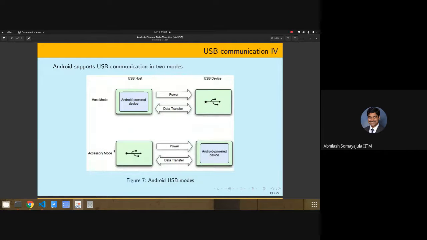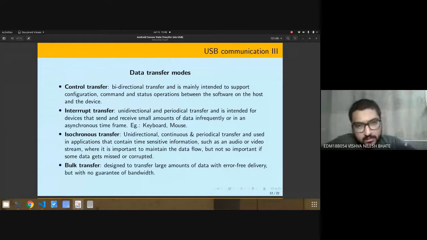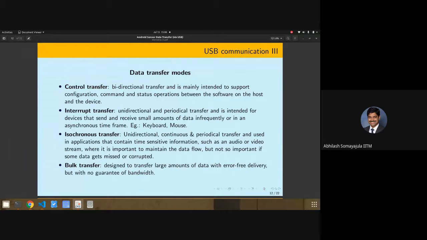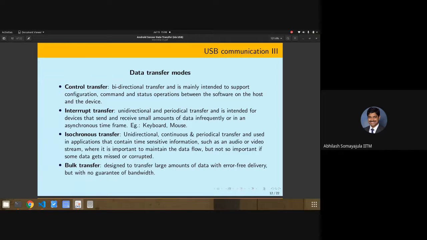One question. Can you go back to the previous slide? I understand that we are using the bulk transfer, am I right? Yes. Right now the amount of data is low, so it's not a big problem for us to use bulk transfer. But I'm just thinking loudly, suppose tomorrow we wanted to access the camera. That would be a considerable amount of pixel data which will come in. Would it be better to go with isochronous transfer?